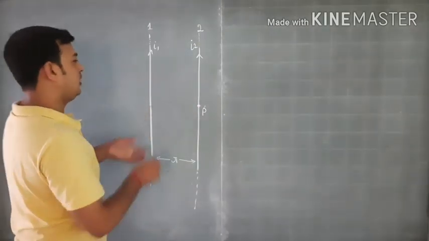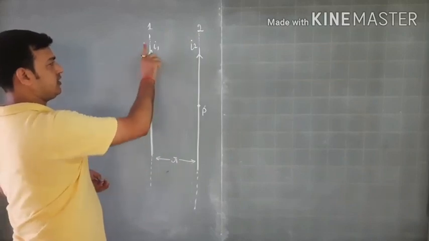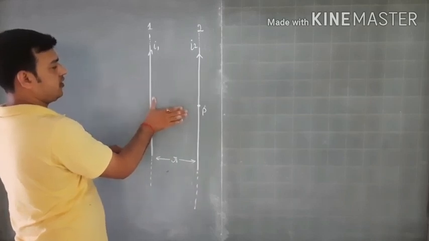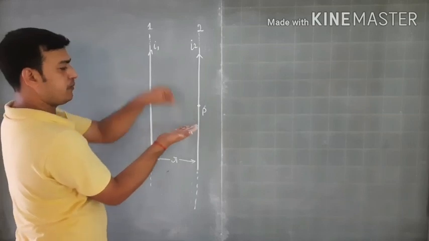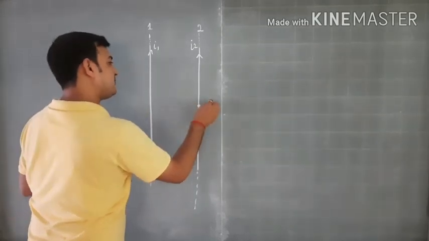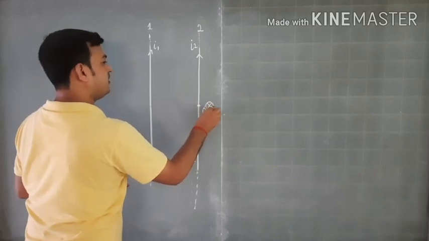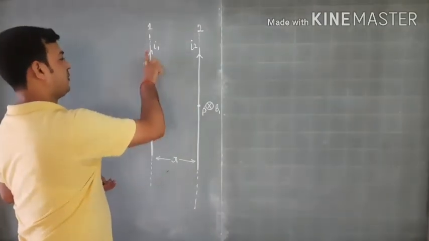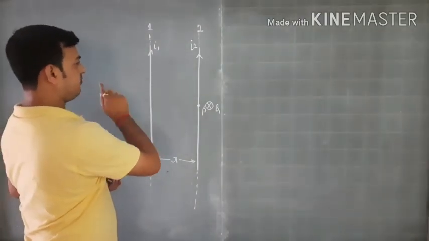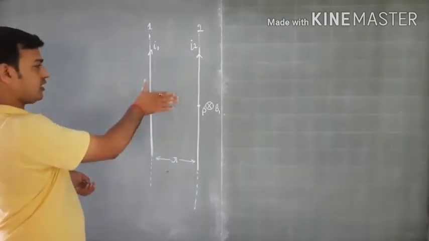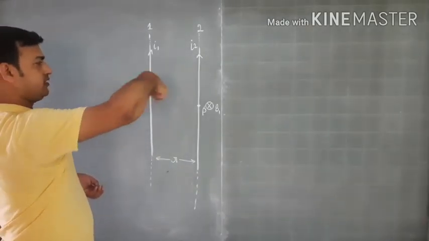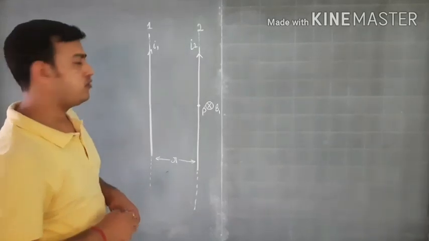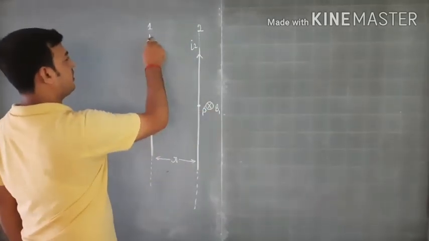So we know from the rule, if I apply the right hand palm rule, the current is in the upward direction, my fingers are towards the point, so perpendicular to the palm, that is inside, this is the direction of the magnetic field of wire 1. Or you can also say that for upward current, the magnetic field lines will be circular, and as you can see, these will be like this. It means anti-clockwise. So for anti-clockwise at this point, the lines will be into the board. So this is the magnetic field produced by wire number 1.